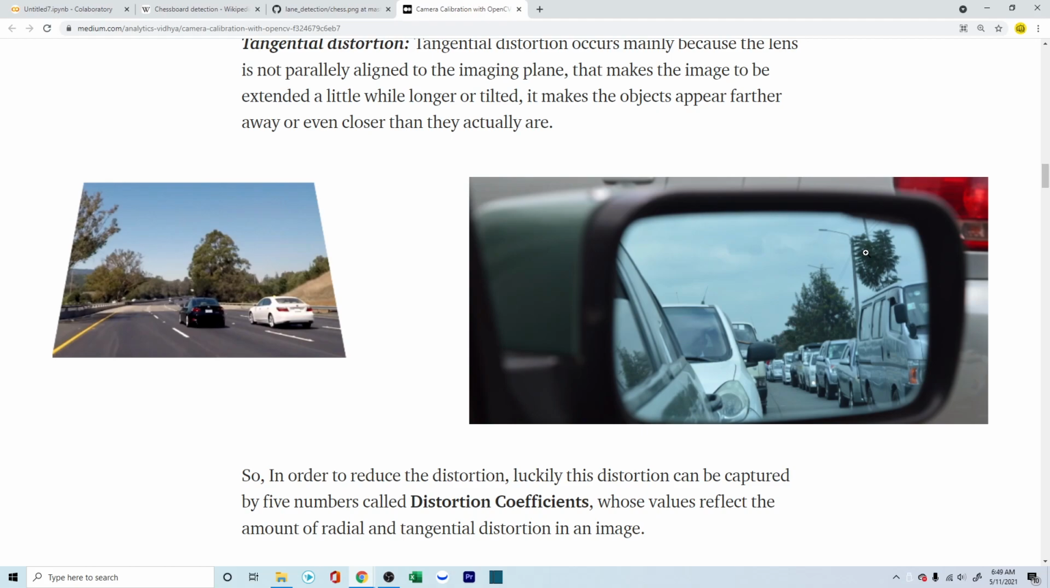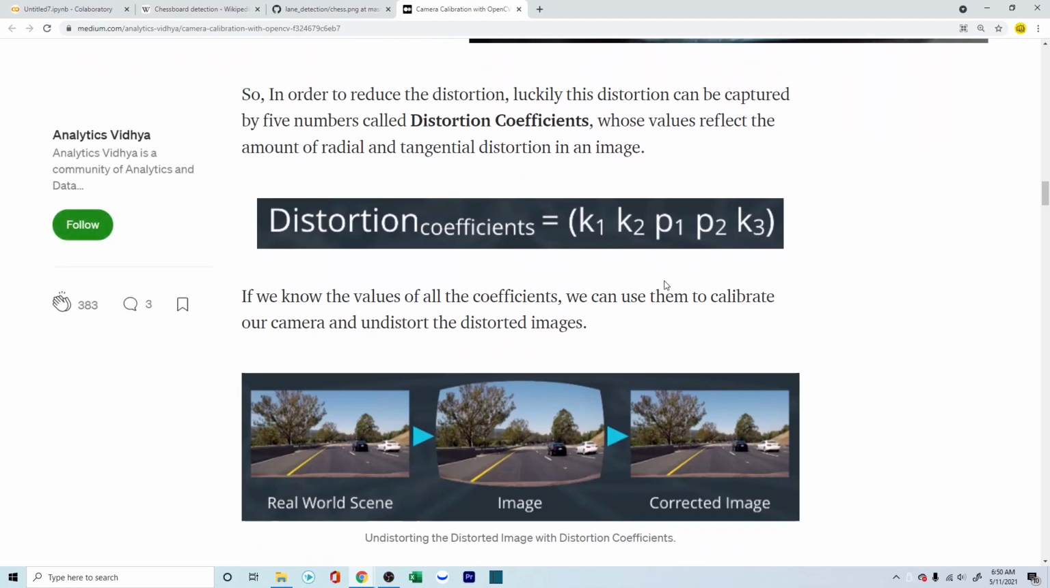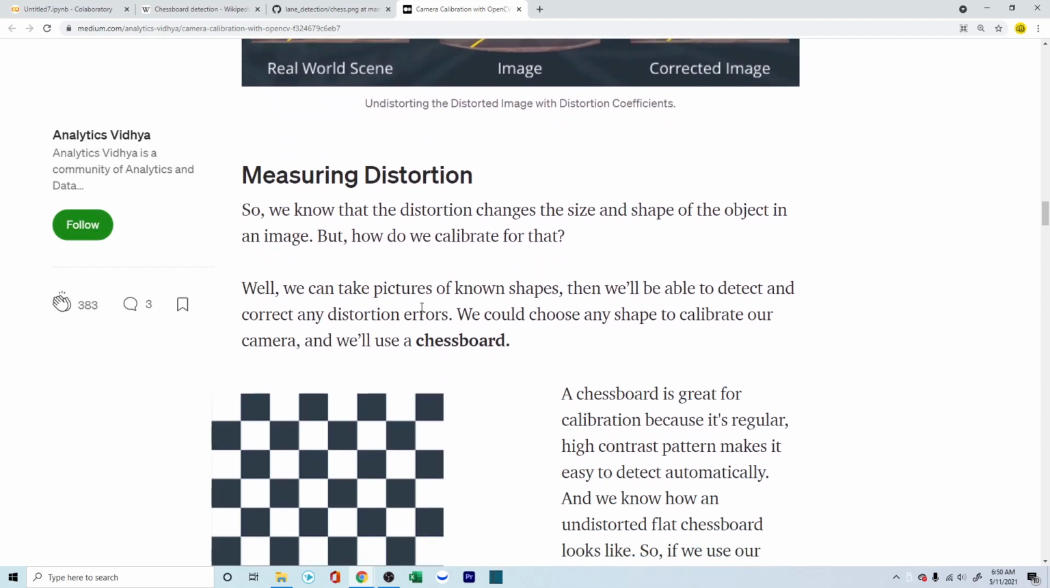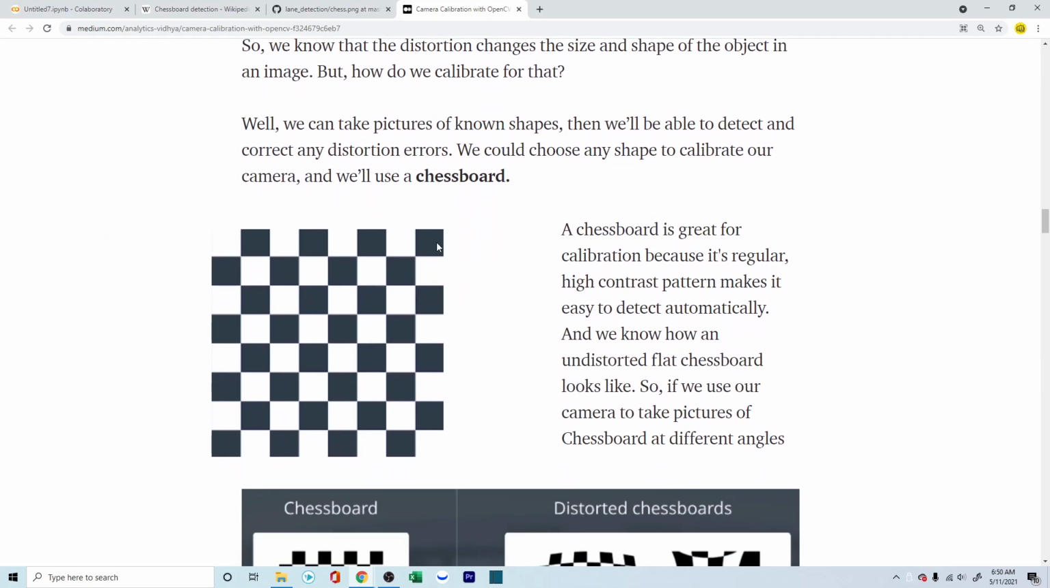So when you go into the car next time, visualize this, and you can see the difference between the different mirrors that you have in the car. In some mirrors the objects look much further, and in some mirrors the objects look much closer, and this is all because of this phenomenon. So we need to understand what this distortion is, and for that purpose computer vision has